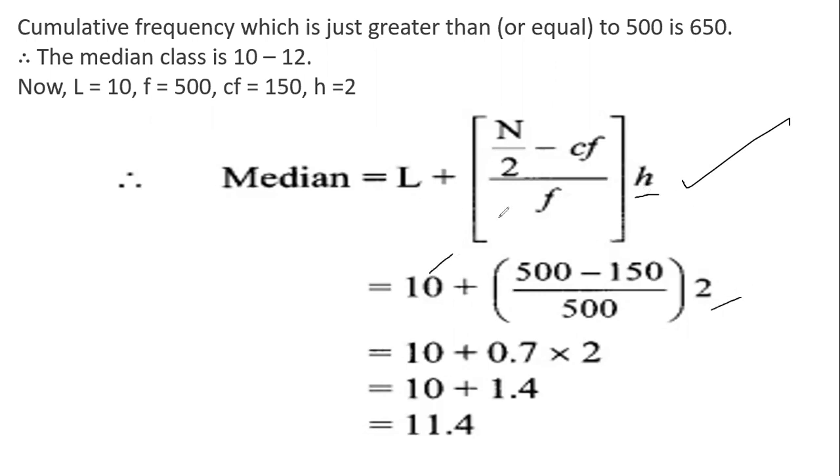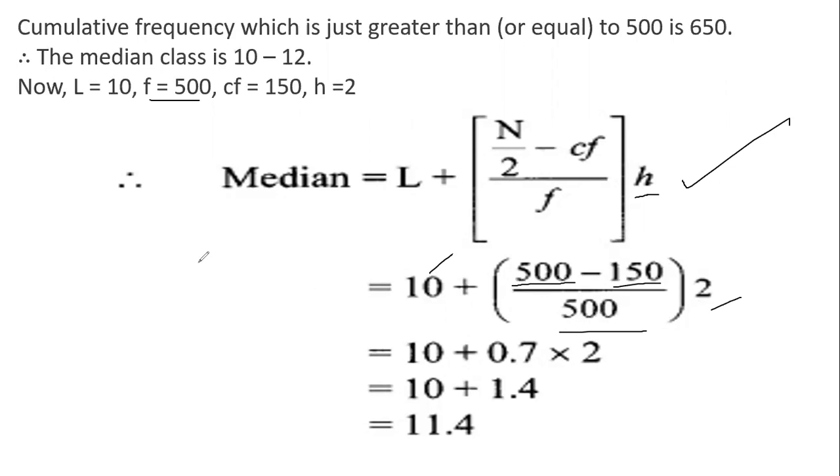L is 10, N is 1000, and N upon 2 is 500, that you got. CF is 150, F is 500. So 500 minus 150, that you get 350, and 350 divided by